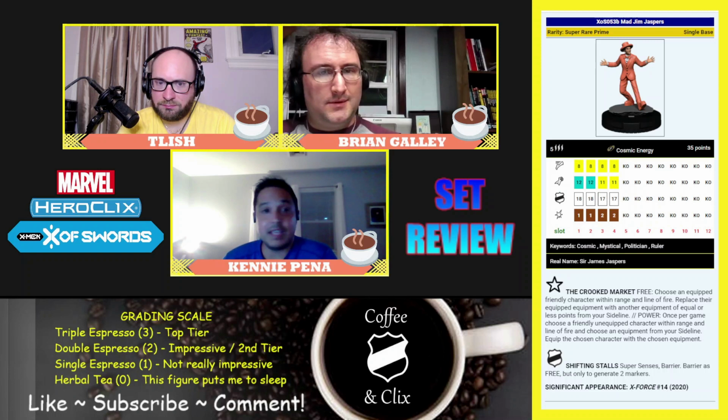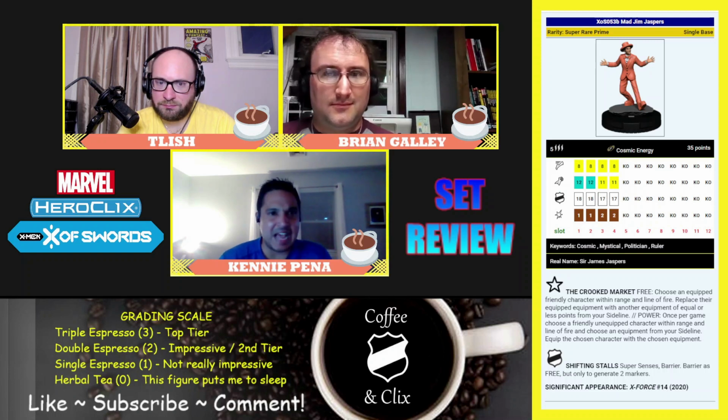That being said, incapacitate, barrier, perplex for 35 points. Very hard to not include that. I'm going to say double espresso when it comes to Sealed. And for Constructed,